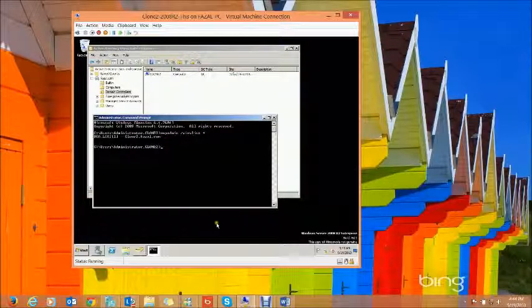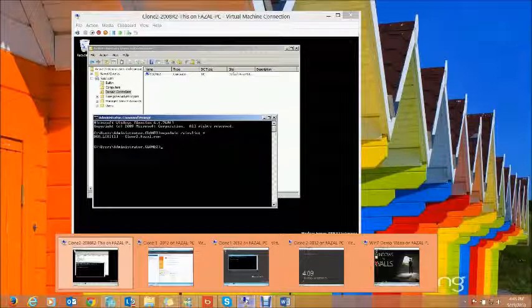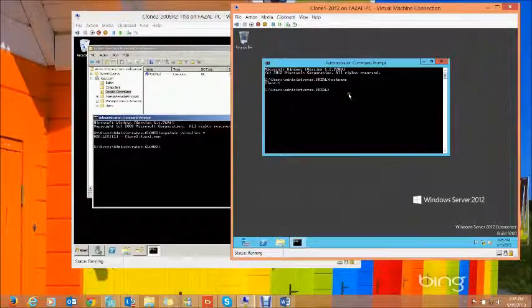Now, the interesting part is that previously we used to mount the DVD and run AD prep with forest prep, then domain prep, and then GP prep, and so on. Now, with Windows Server 2012, the enhancement is that everything is done on the fly. You do not need to run any manual cmdlets just to upgrade the schema and so on.